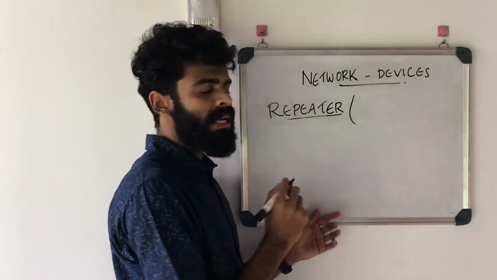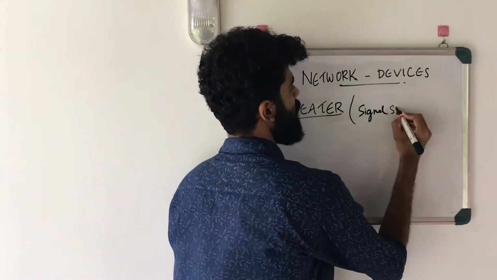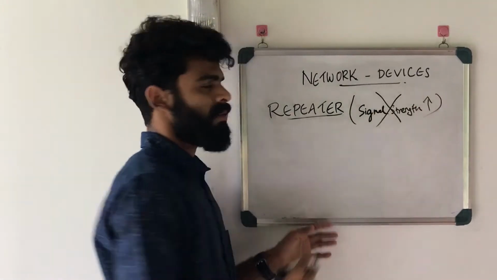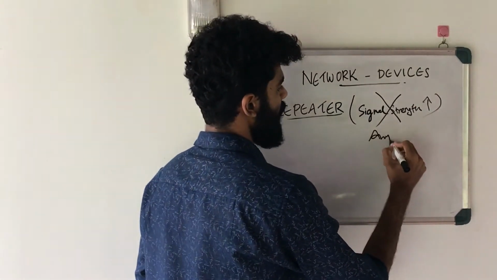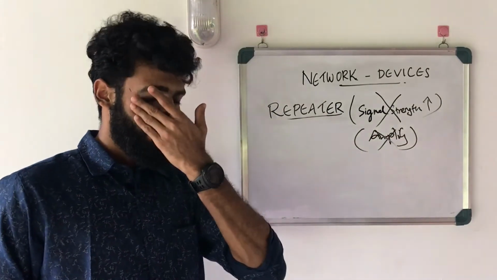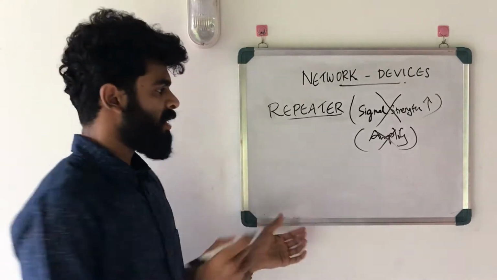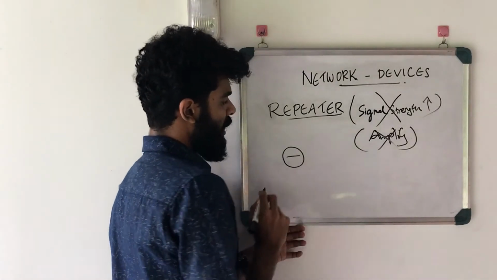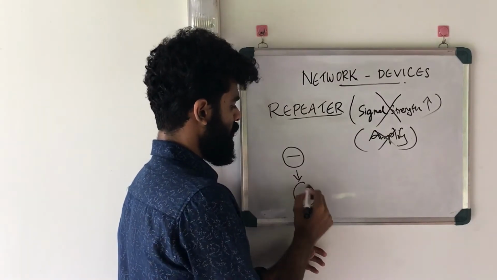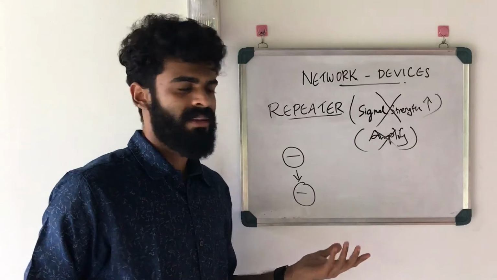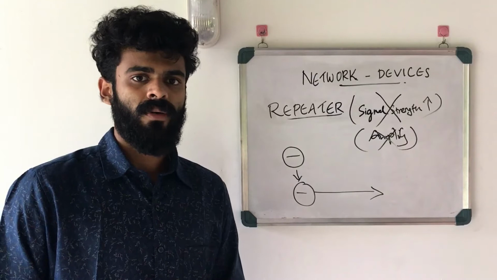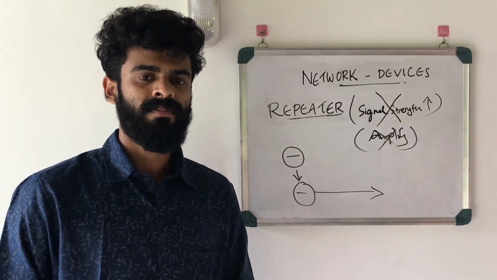The main important thing about repeater is signal strength. The aim of repeater is not to increase the signal strength or to amplify the signal. Please note, you always miss this point. The only thing repeater does is, when a data packet reaches a repeater, it just copies the data packet, which means it regenerates the bits and then forwards it to the next repeater or next router and so on. So this is the main purpose of repeater.